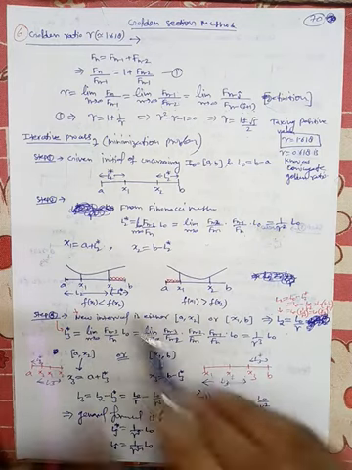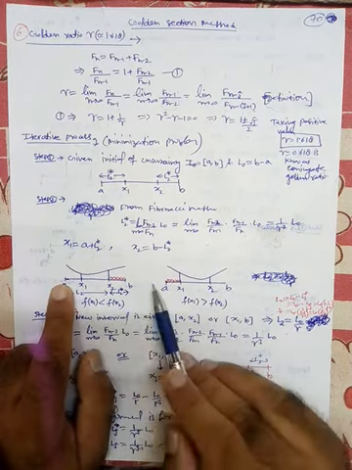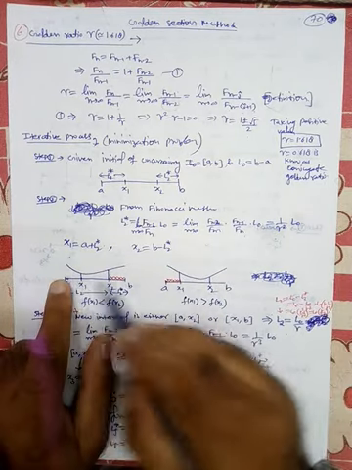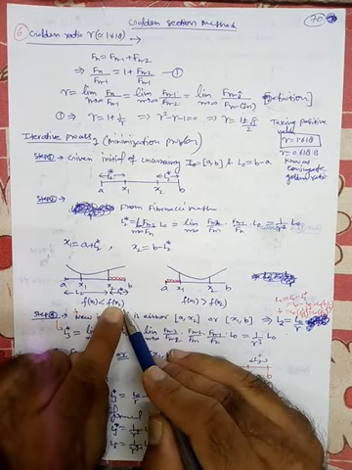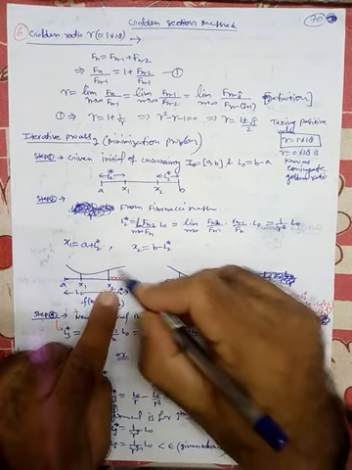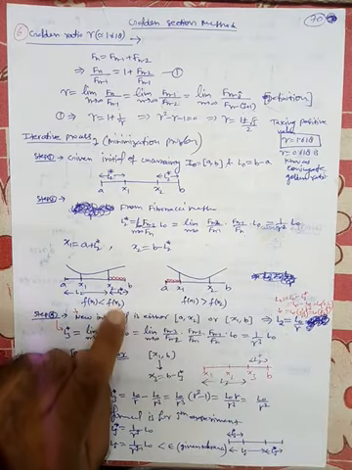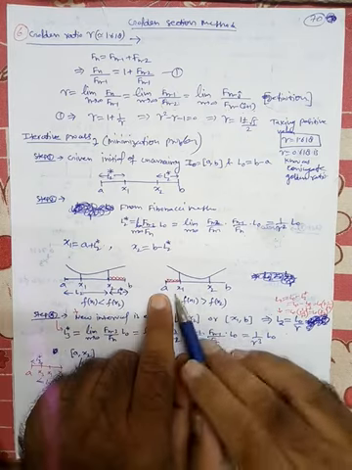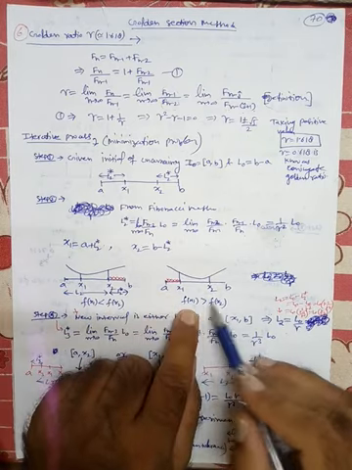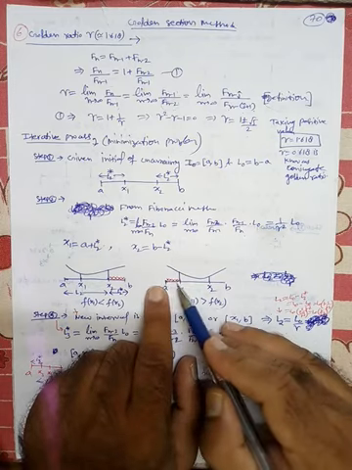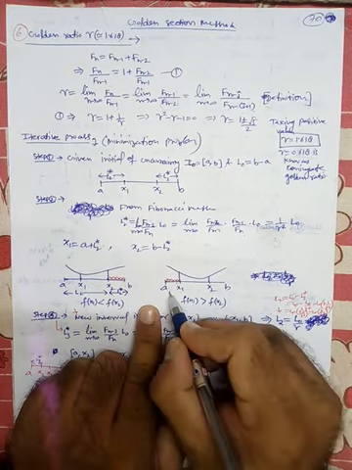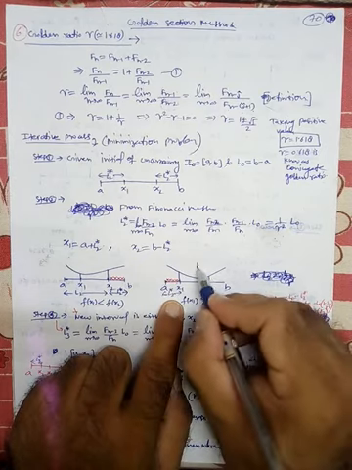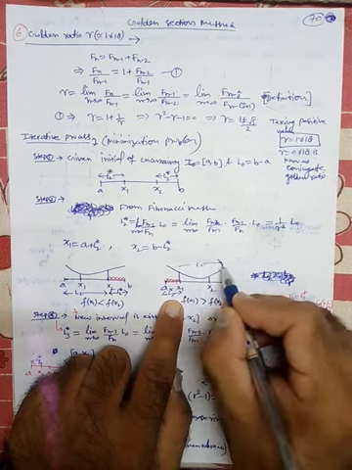Now here we have two cases. Either we have this type of curve or this type of curve. If we have this type of curve, then f of x1 is less than f of x2, and in that case we will discard the right hand side interval. This distance is L2 star and the remaining distance is L2. In the second case, f of x1 is greater than f of x2 and we will discard the left hand side interval. This is L2 star from here to here, and the remaining distance from here to here is L2.